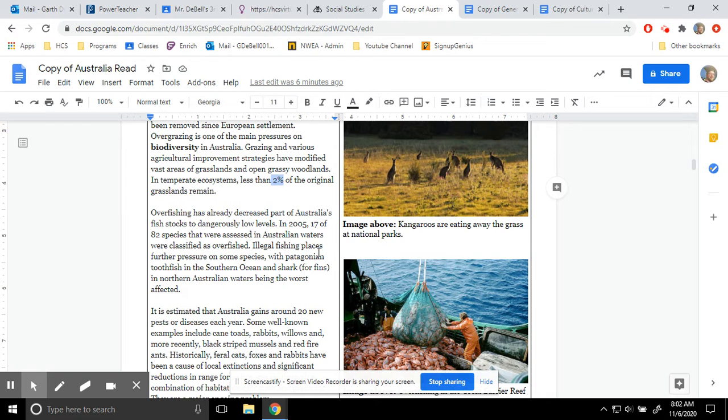17 of 82 species were classified overfished. That is, it's about a quarter. So a quarter of the species that they fish for are considered to be overfished. Not only that, but businesses have certain limits that they're allowed to take. Like they may be only able to take like 2 tons of a certain fish, or a certain number, or